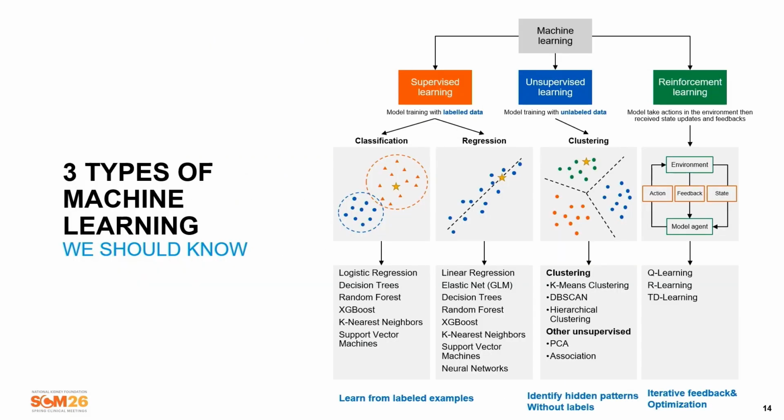So I'm going to go over machine learning quickly. There are three types of machine learning that we should know: supervised learning, unsupervised learning, and reinforcement learning. Think of supervised learning as machine learning that learns from labeled examples, and unsupervised learning as machine learning that helps identify hidden patterns without labels. And reinforcement learning is becoming more popular and is used in the ICU to optimize fluid and medication treatment, using iterative feedback and optimization